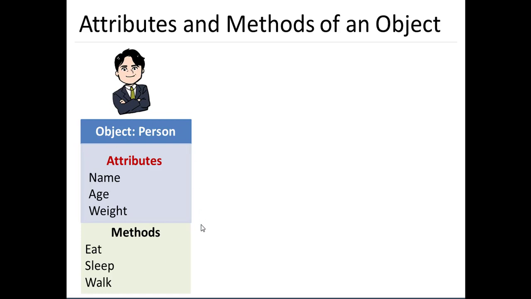Over here, these methods, eat, sleep, walk, can access only this information, which is name, age and weight. They cannot access any other information. So this entire thing has been encapsulated under one particular box, and that is nothing but one single object. These methods, eat, sleep and walk, can only work with this information. They cannot work on any other information. That is where encapsulation comes in.